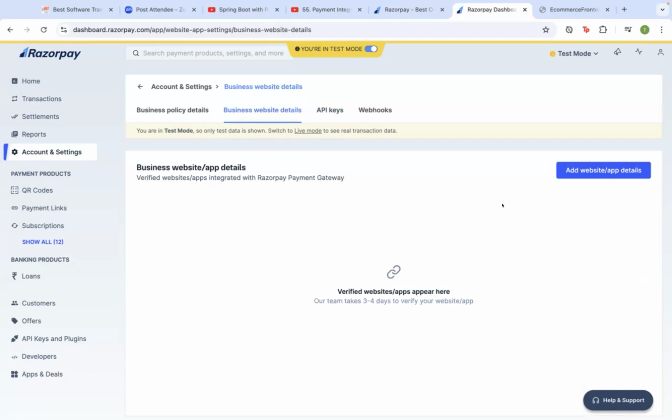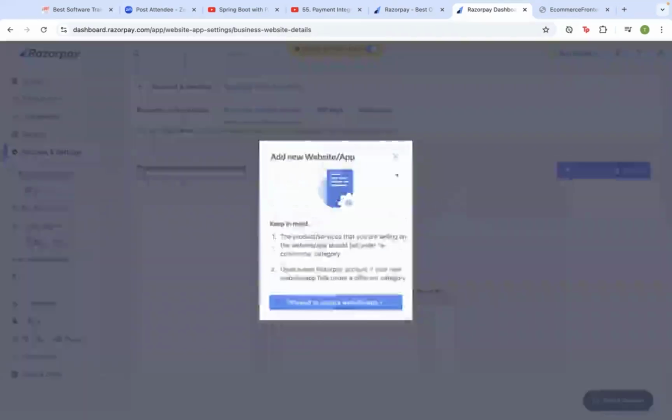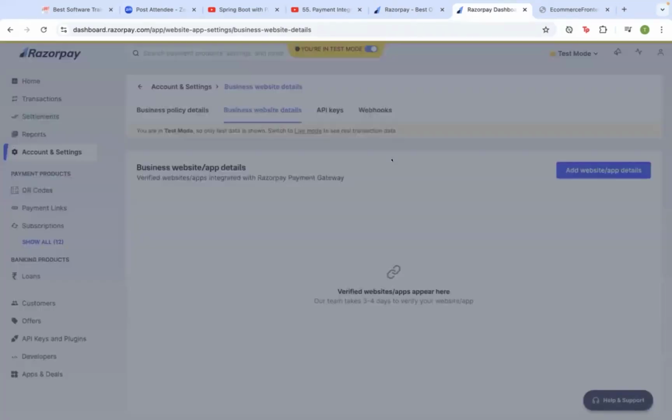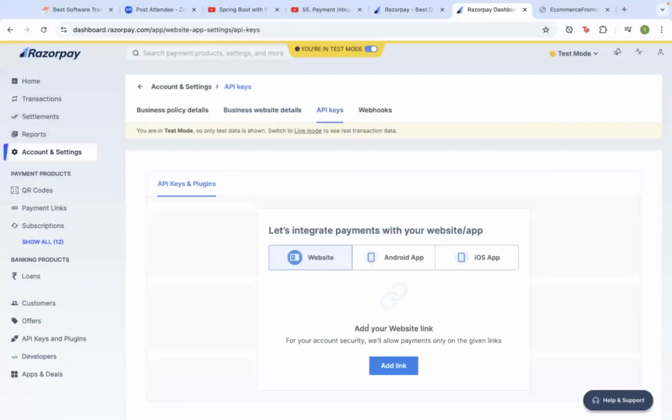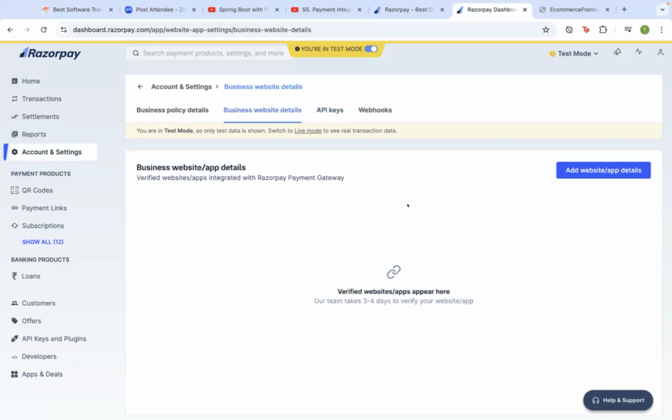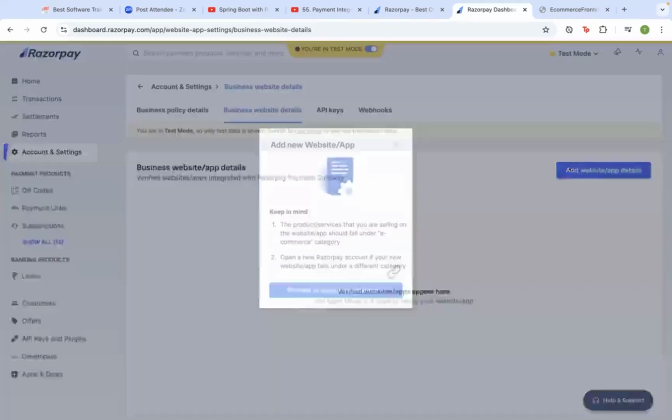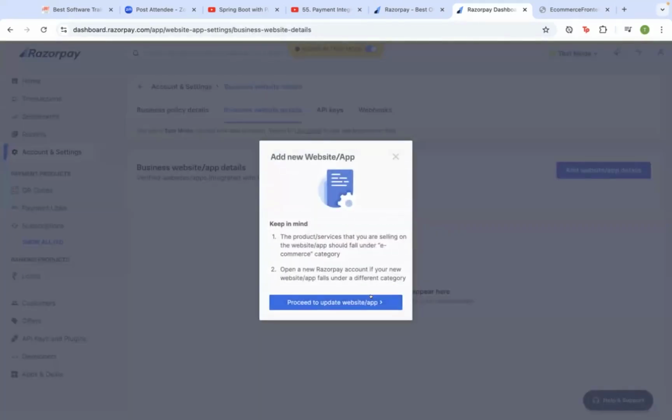Actually, it's a website. Localhost, no, right? Wait, sorry. You don't need to do that. Just go to API keys. No, we need to do that. Okay, add link, and then I think we added the localhost website only. We can add the link, the localhost. Add, proceed to